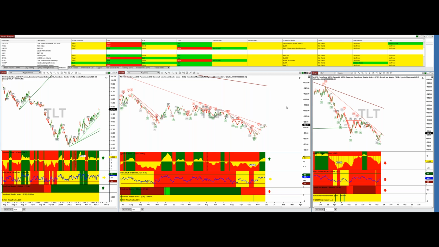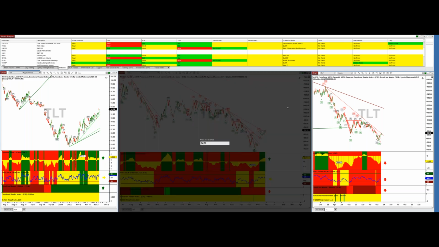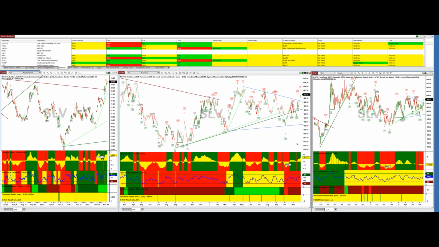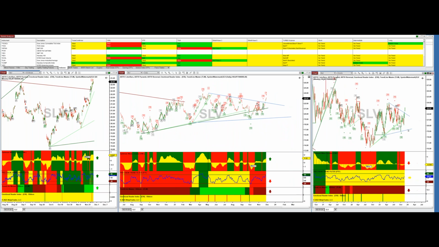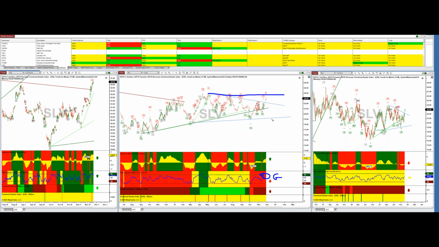Silver, let's look up silver. This is another one. Silver broke out of its pennant, because we had a pennant drawn here, so it broke out. I'm waiting for this. If this turns green, I'm going to seriously consider a buy there. Not yet. I kind of would like it to take out this high too, but we'll certainly see.